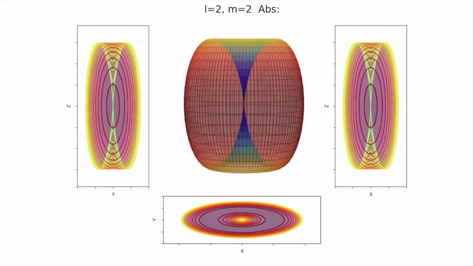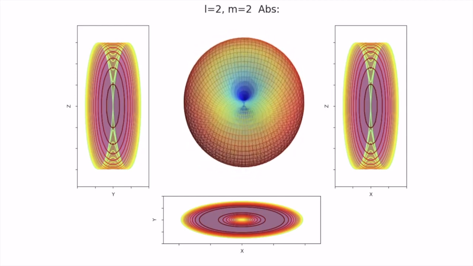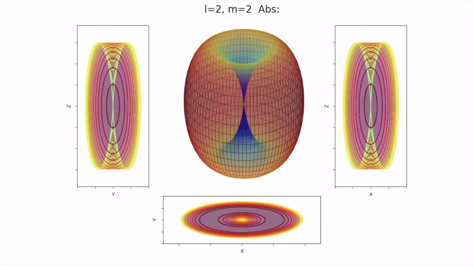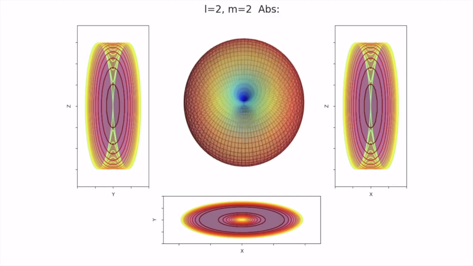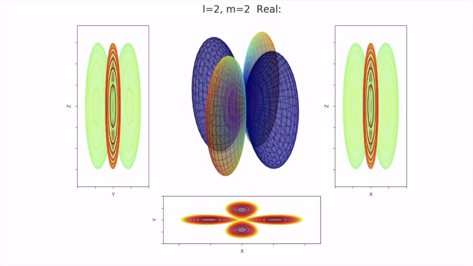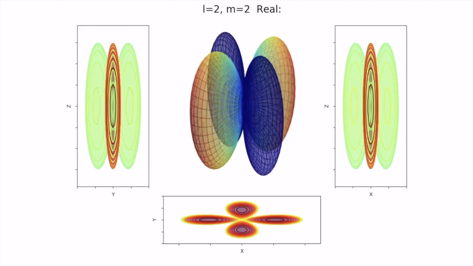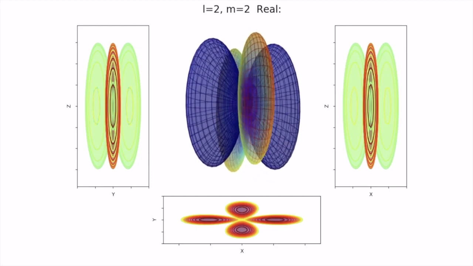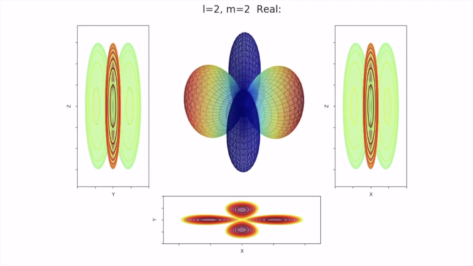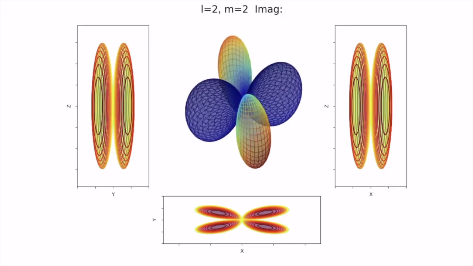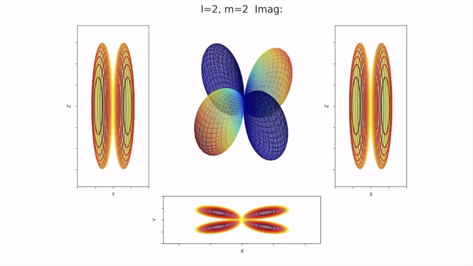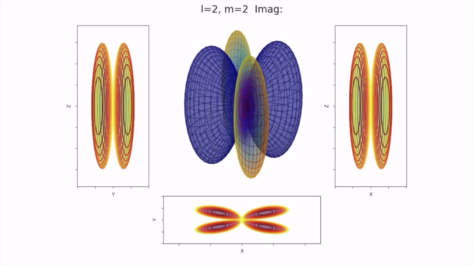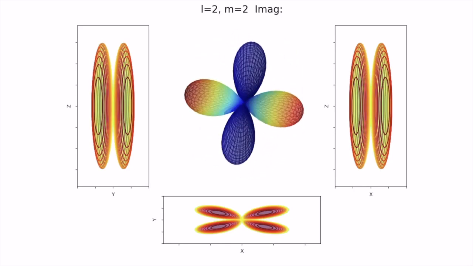It looks like a completely a torus, and that essentially is the field, or the potential which would look like if you have a pure quadrupole term, while the real and imaginary part would look very complicated. One need to combine them to obtain the field, and this is the real part. And the imaginary part would also look very similar, except it would have a phase of pi by 2. That is usually what happens between the real field and imaginary field.